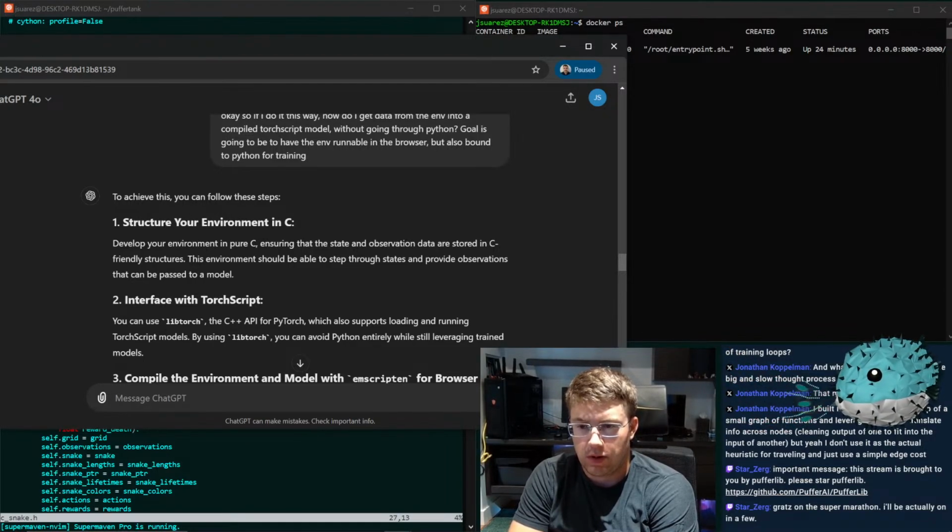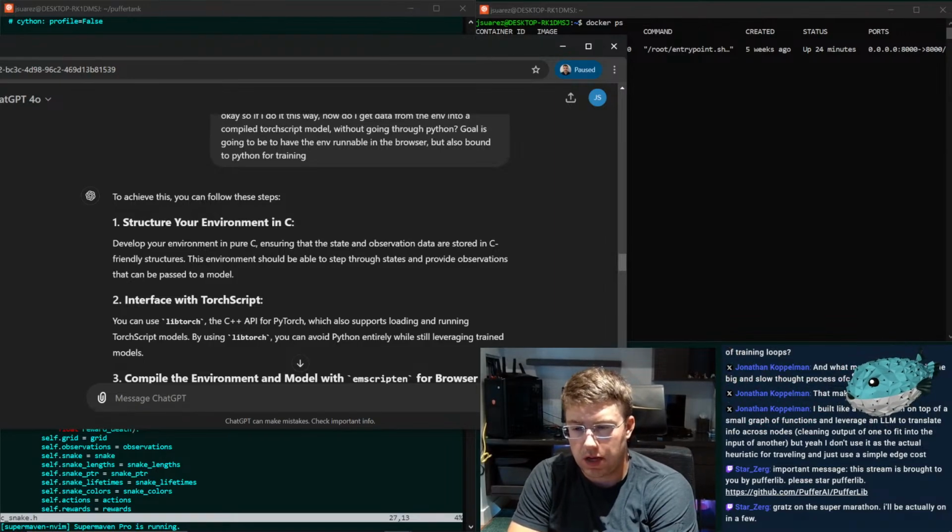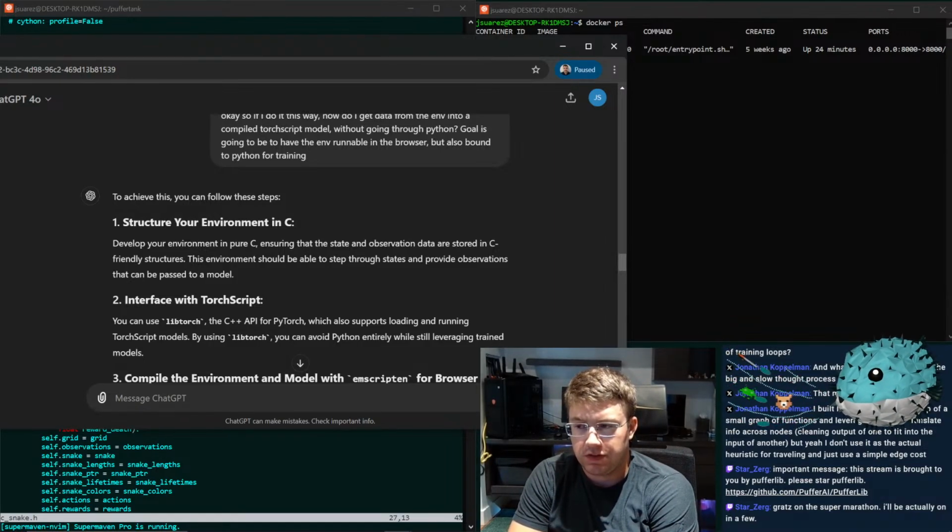I'm trying to think how I want to even start doing this. If I just keep the Python file for now, just to handle the memory allocation, and I write the logic in C, that doesn't really get me anywhere, right? Because I still can't use the environment online then. I need the whole thing to be there.